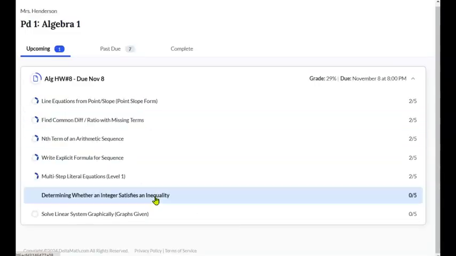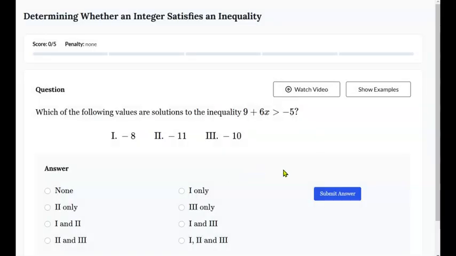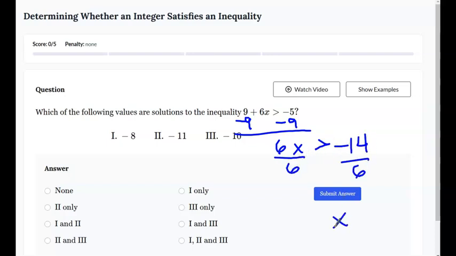And let's try these last two topics. Determining whether an integer satisfies an inequality. So all they want you to do over here is solve this inequality. And we're going to do that by subtracting 9, getting 6x is greater than negative 14, and then dividing by 6, and getting x is greater than negative 7/3, also known as x is greater than